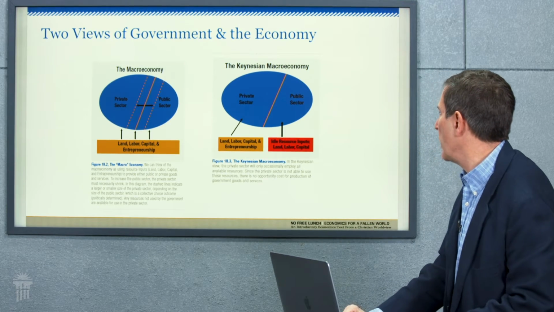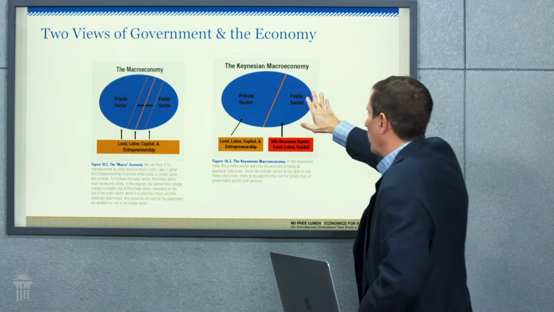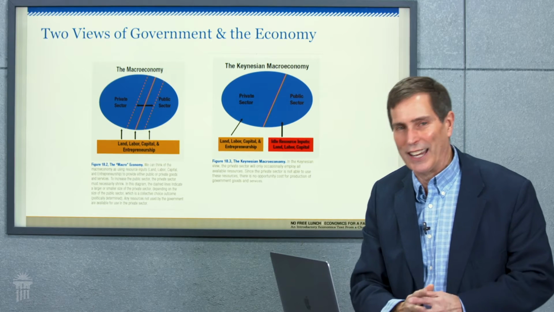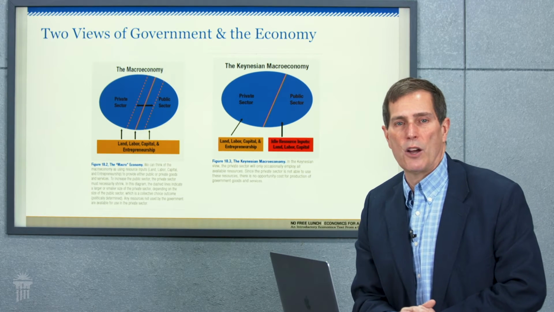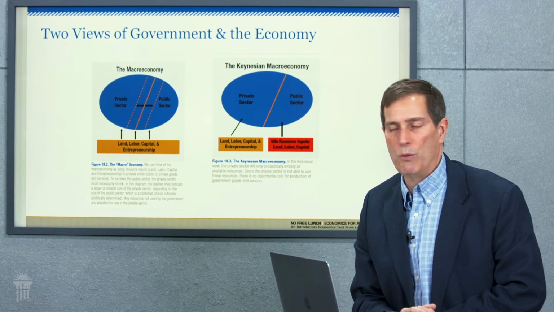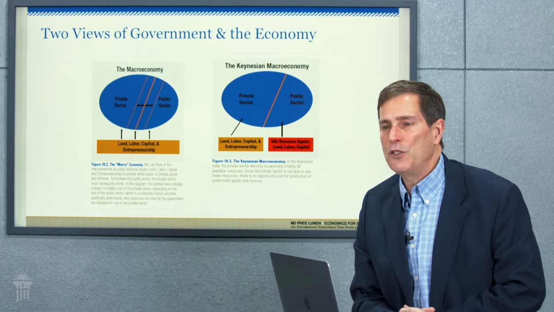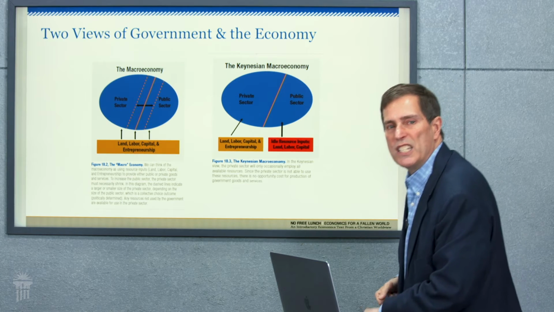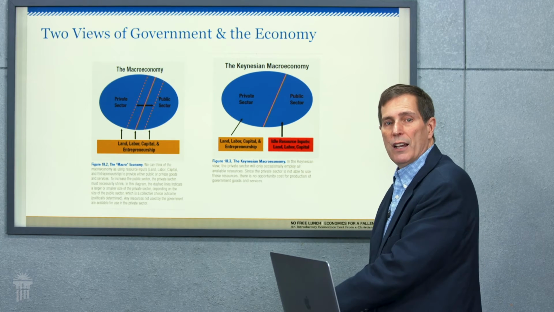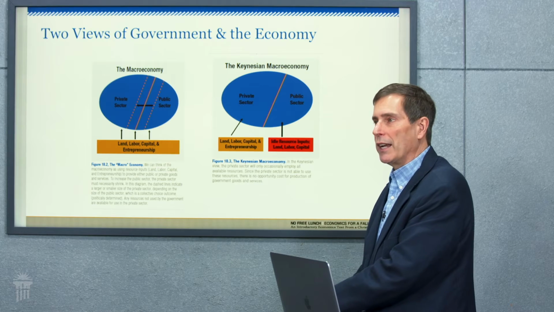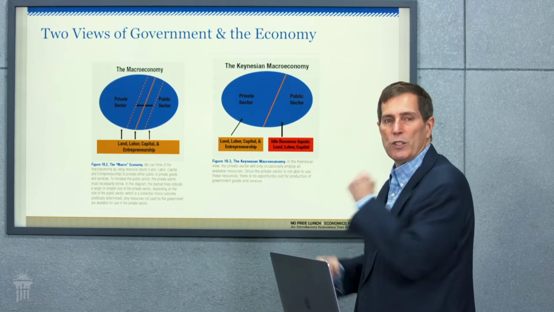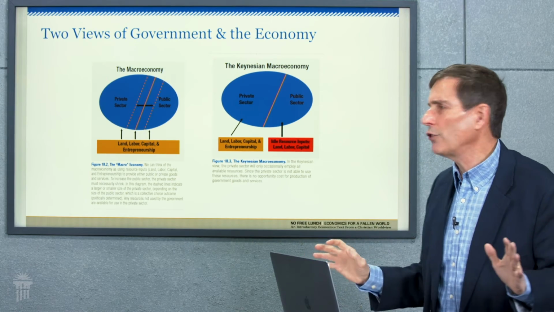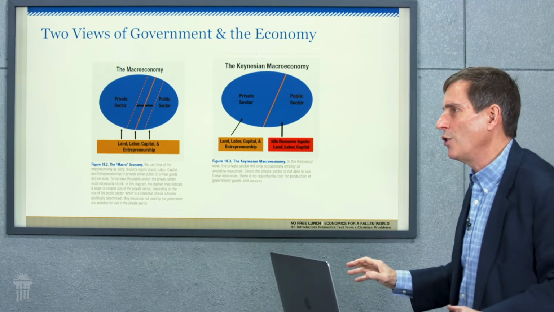So that's kind of this idea of the Keynesian macroeconomy. In fact, Keynes in his General Theory said, and to this day, his devotees do not know if he was kidding or if he was serious, he says, if you can't think of anything better to do, you can pay people to dig a hole in the ground, bury jars of money covered up, and let other people dig it up to spend it. Now, he says, to be sure, it would be better if we built houses and the like, but if you can think of nothing better to do, do this.